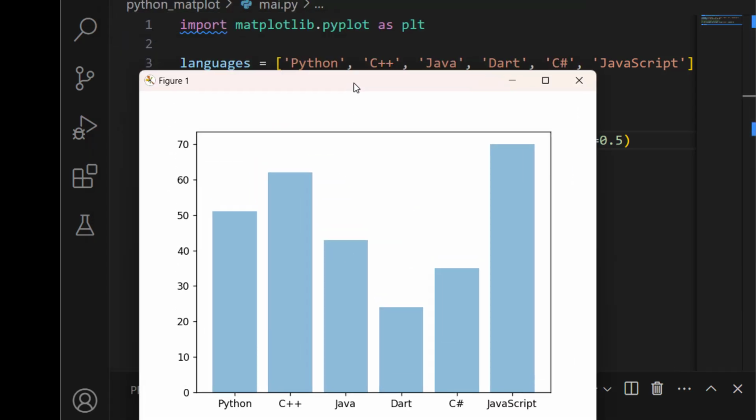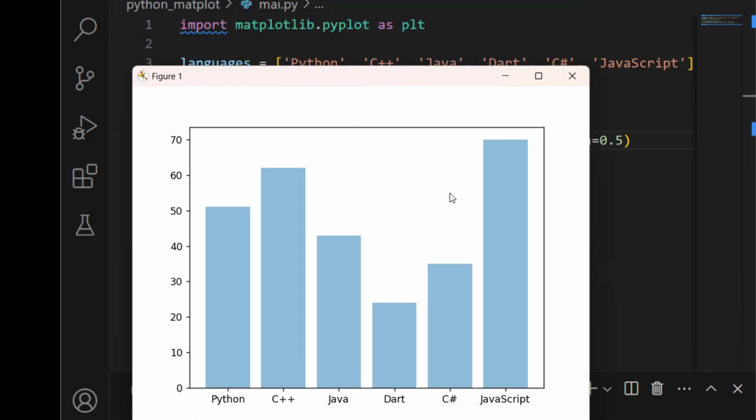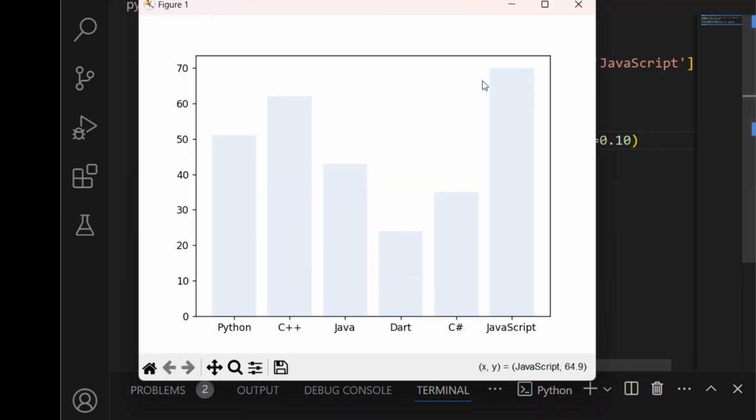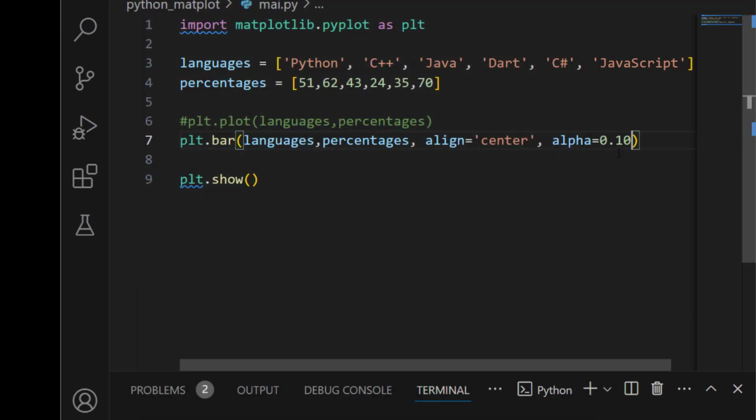So as you can see, the brightness of the bar changed a little bit. Let me give, for example, 10, save. If I run this, the brightness is like, no, we can decrease the brightness of the bar chart. So let's give it a 5. It was a good color itself.